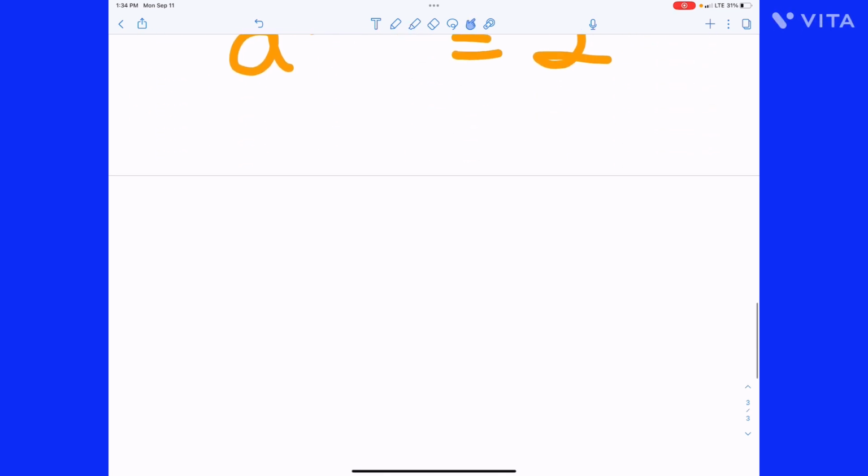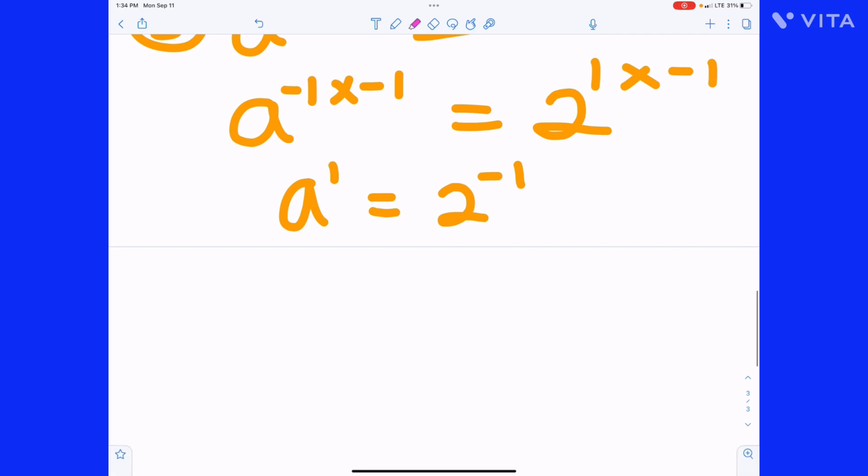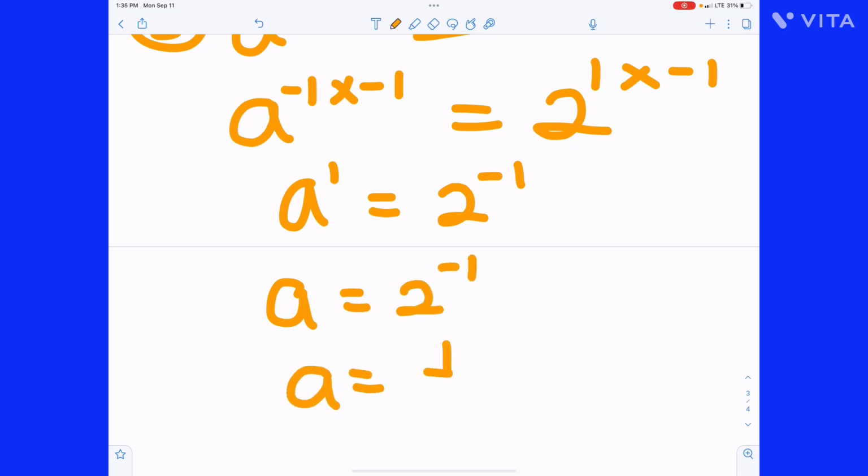So what does that give us? We get a raised to power 1 is 2 raised to power minus 1. Here, minus 1 times minus 1 is minus 1. So that gives us a is 2 raised to power minus 1. That means a is equal to 1 over 2. So